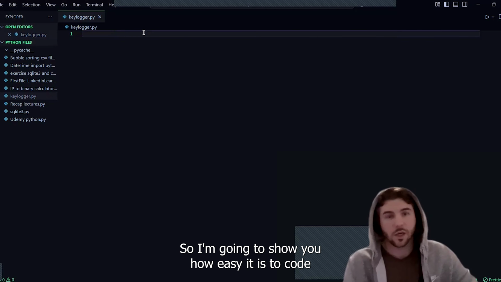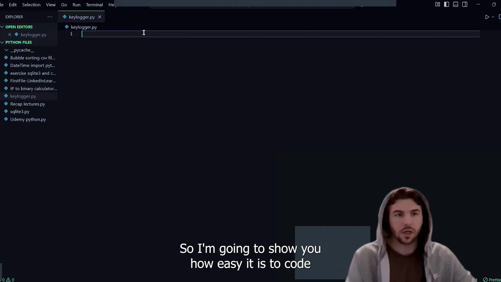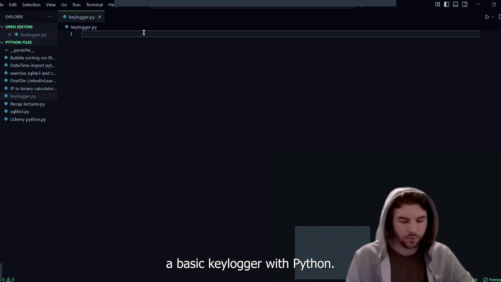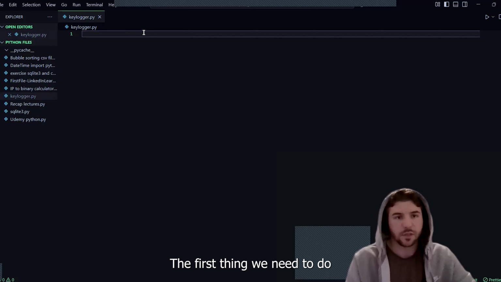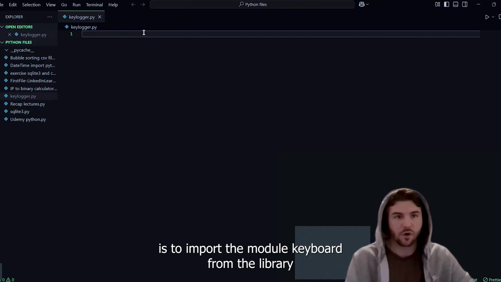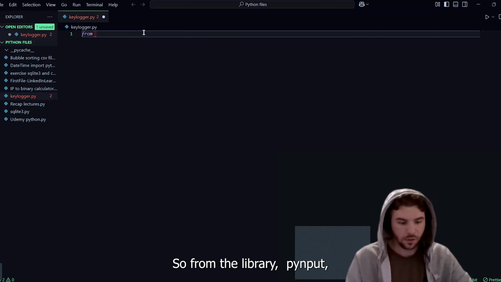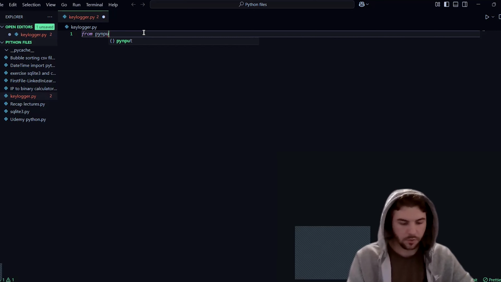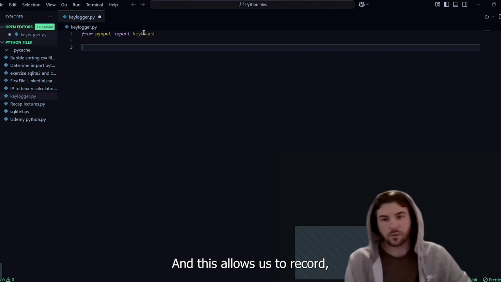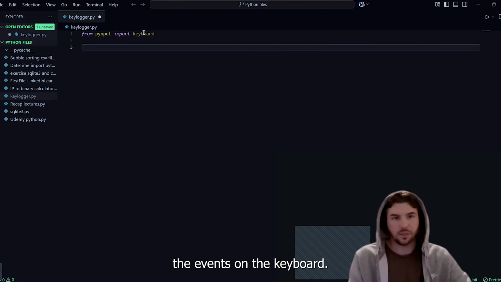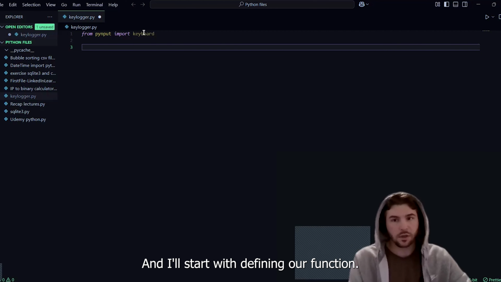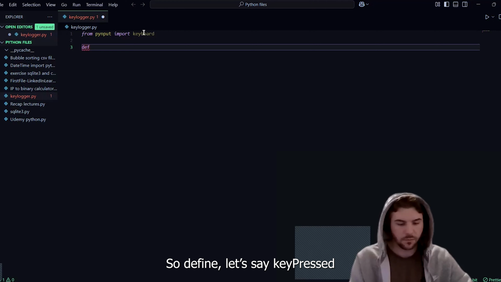Right, so I'm going to show you how easy it is to code a basic keylogger with Python. The first thing we need to do is to import the module keyboard from the library pynput. So from the library pynput, import keyboard. And this allows us to record the events on the keyboard. But we still need to have some code, and I'll start with defining a function. So define, let's say, key